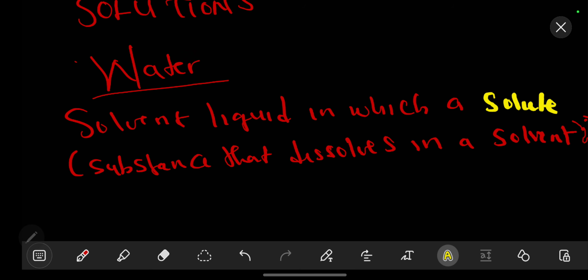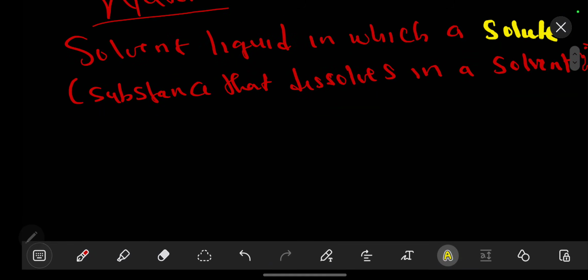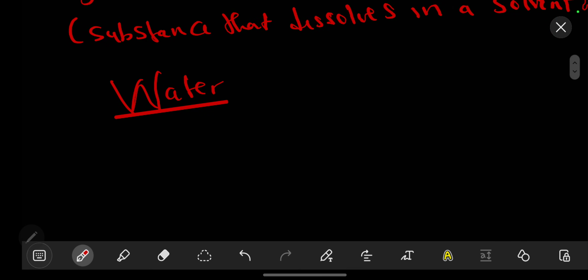Let's look at the structure of water and how it is able to dissolve other substances. So now we know that the formula of water is H2O. We have oxygen there, then bonded to it is hydrogen. It has got a bent structure, so that's why the structure looks like that. We are going to look at it further when we look at